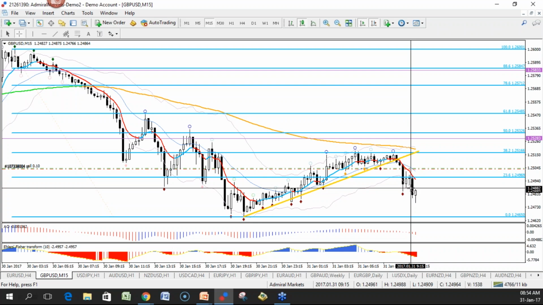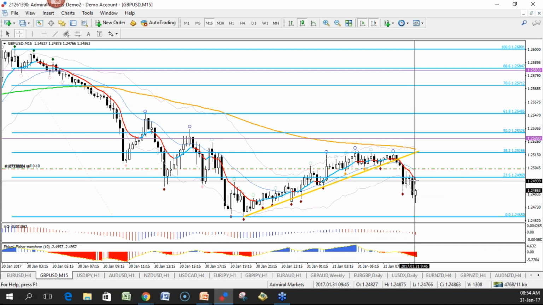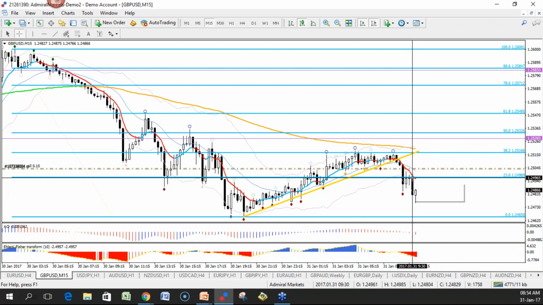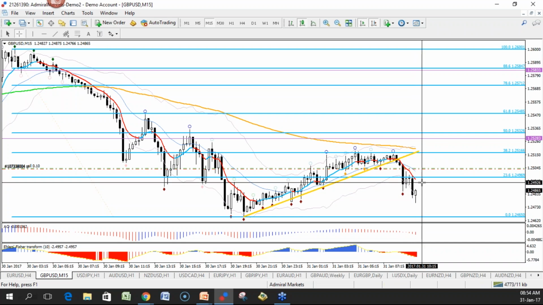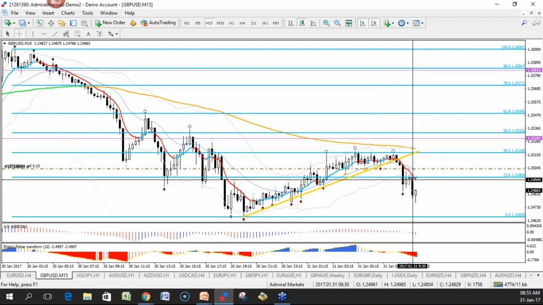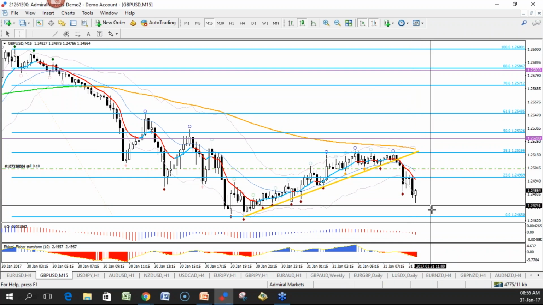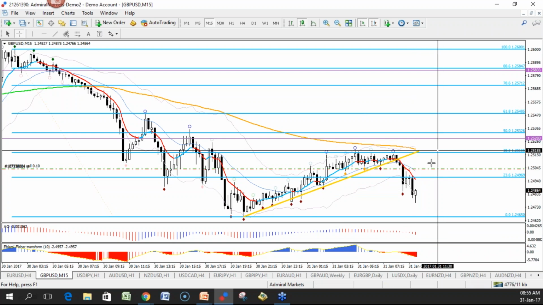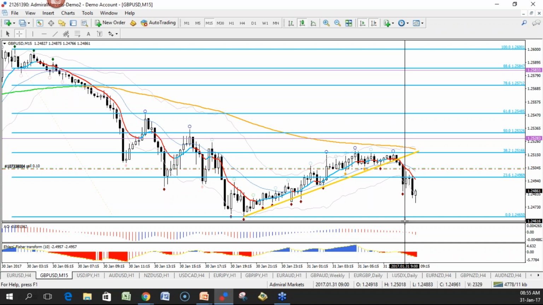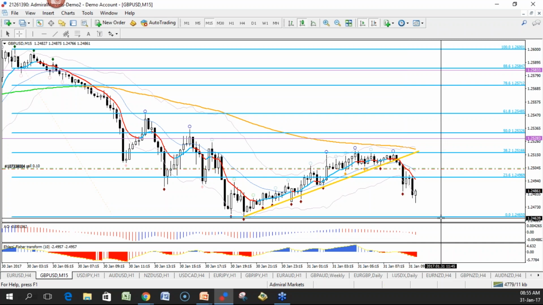At this moment, I would use this 50-minute candle as basically the trail, the high of that candle. As price retraces to this, part of this candle, I want to see immediate follow through. If it goes back and retraces further, I don't have to be part of that trade. So it is a bit tight, but I don't think it's a problem to have a tight trail trade management